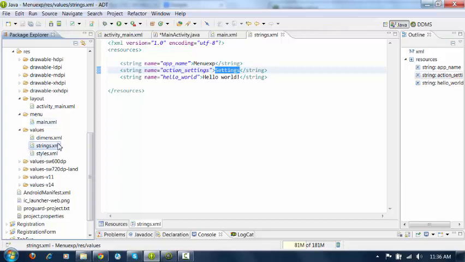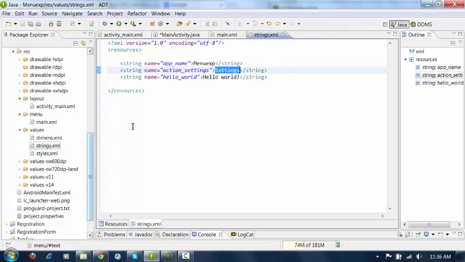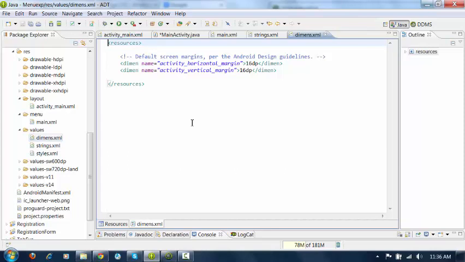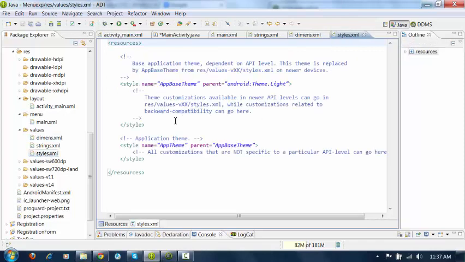Whenever you want to define a string that can be used in different pages, it has to be defined inside strings.xml. If you want to define any dimension, like width equal to 100 dp, height equal to 200 dp, and you want to use those values in many places, you define them inside dimensions. In the same way, if you want to use a style for different activities or components, you can define the style inside the styles.xml file and use it in different pages.